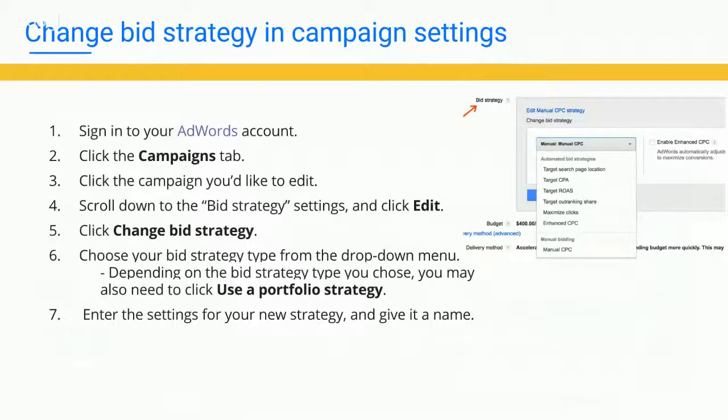The other one is there's typically another link that says use a smart or a flexible bid strategy. Click on that and it's going to show you all the other options, including the conversion optimizer, also known as the CPA, and the return on ad spend bid strategy. Now there are a few others there that you're going to see as well, but those aren't specifically focused on conversions. But I would definitely say take some time to look at them and research them in our help center, because sometimes focusing on conversions isn't what's best for the return on investment for your business.